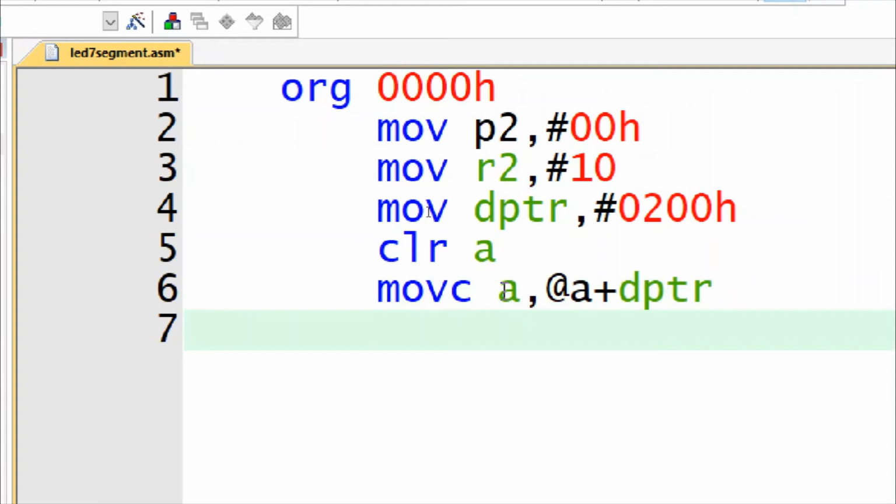What I have to do? I have to send that hex code to port 2. Why port 2? Because the LED 7 segment display is connected to port 2. So move P2 comma A will send the hex code of digit 0 to port 2, and this will display the digit 0 on the LED 7 segment display.